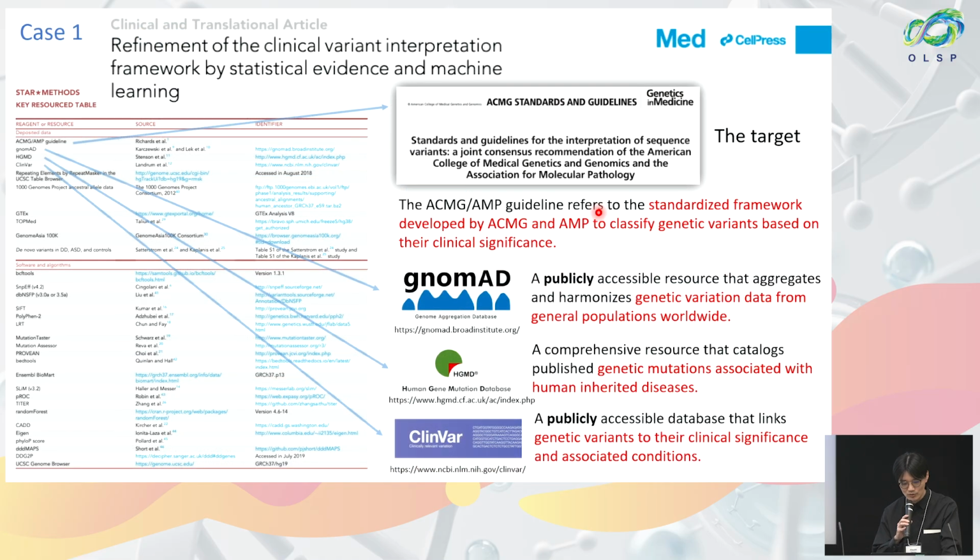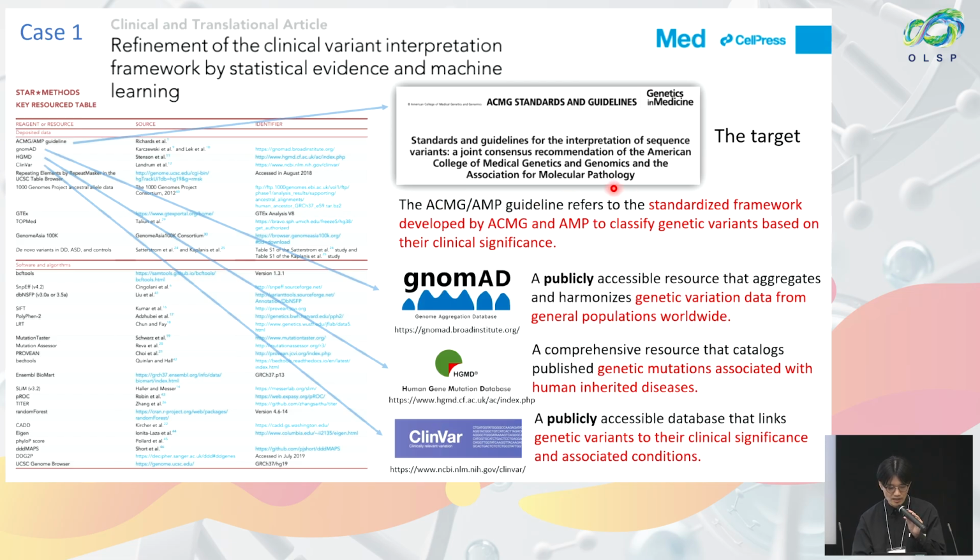The title of case one is refinement of the clinical variant interpretation framework by statistical evidence and machine learning. This paper was published in Med, a Cell Press journal. A good thing is that in Cell Press papers, there is a section for a key resources table. So if you are interested in our study, you can check all the public resources used in our paper. Among them, the main resources are shown here. And the main target of this study is this